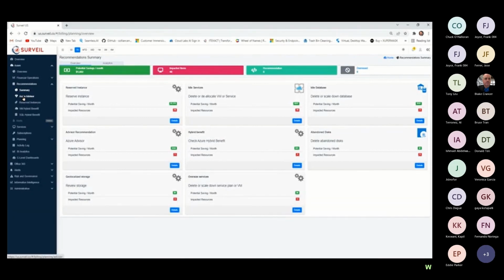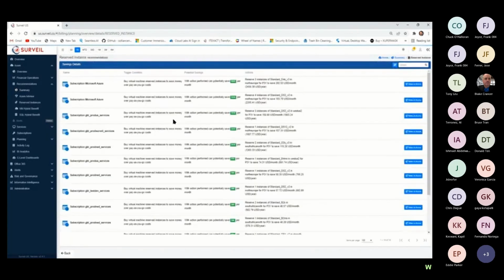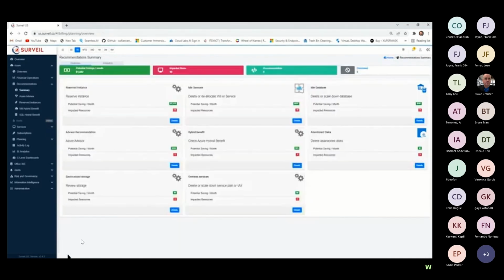So for instance, when you take a look at this particular screen, it says, well, after we monitor your whole Azure environment, we're going to look at what we can do. And it says here there's potential savings in this very small demo environment. There's $1,000 in potential savings. We click into the details, and it will tell us all of the different subscriptions, what could be used with reserved instance per se. Okay, that's a really good detail. And if we go ahead and implement these, these are the types of changes and savings that we can see over the year. The second thing is